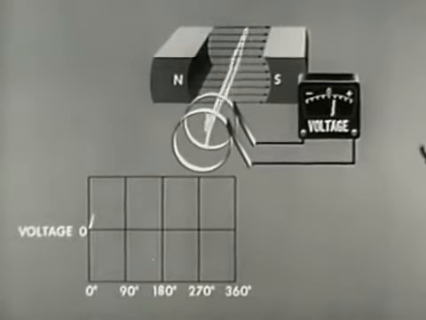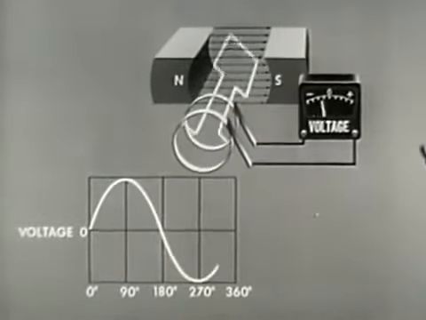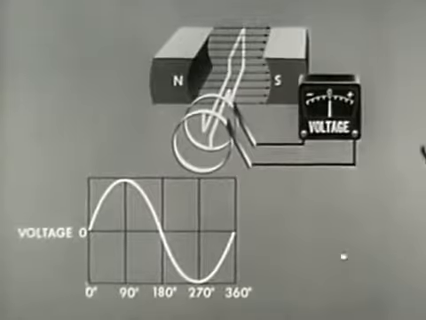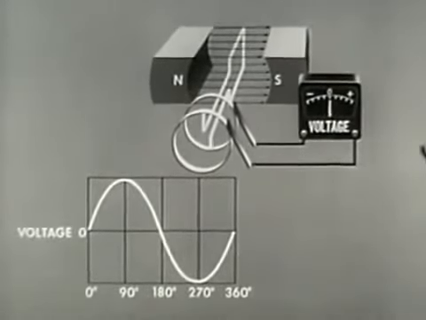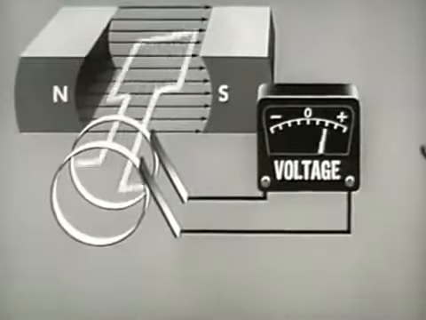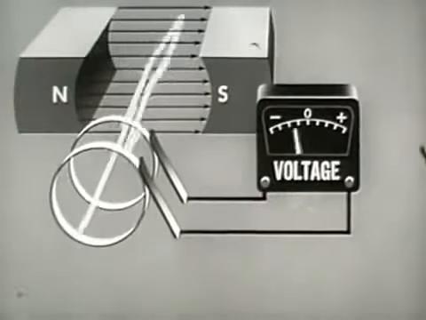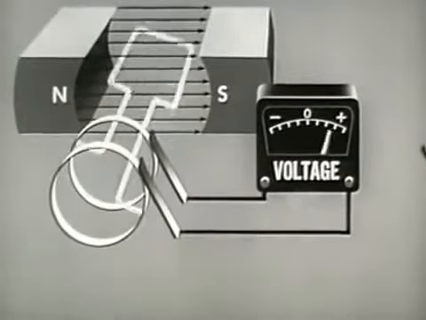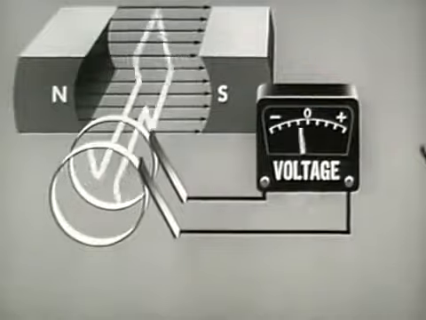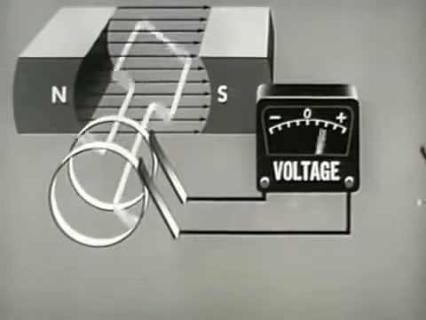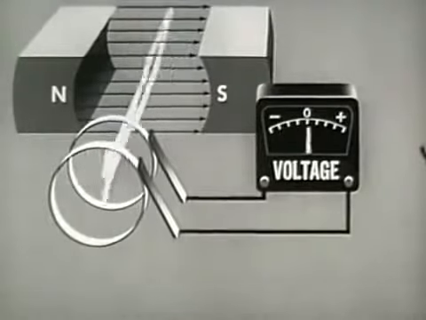All generators produce AC internally. In this basic AC generator, the arms of the loop cut lines of force in opposite directions, causing electromotive force of opposite polarity to be generated in the conductor. To maintain the AC character of the output in this generator, we use slip rings instead of the commutator segments used in the DC generator. This use of slip rings is the only structural difference between AC and DC generators.